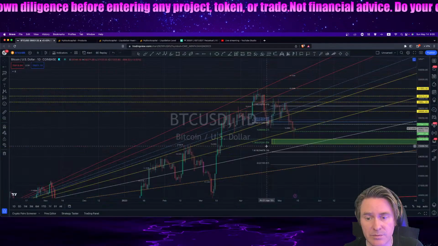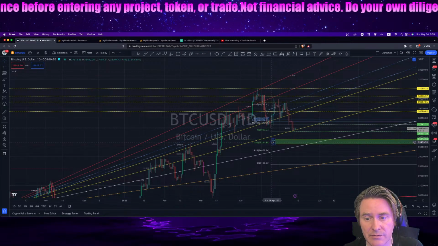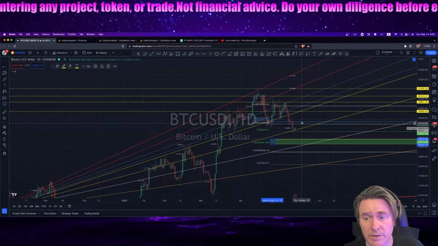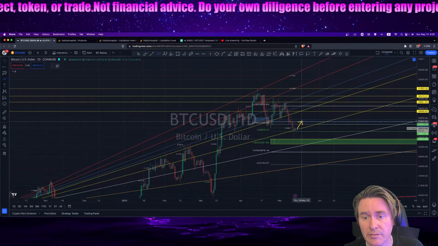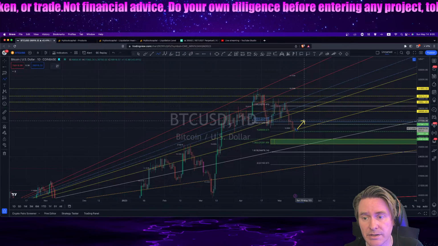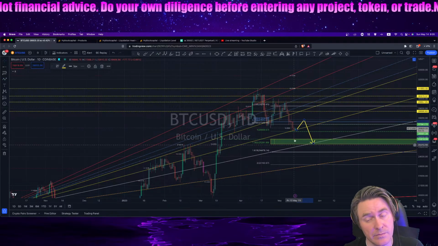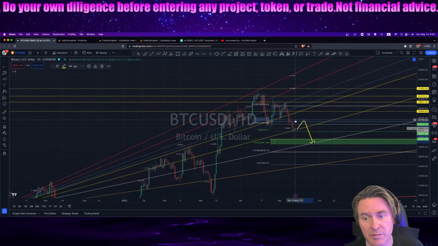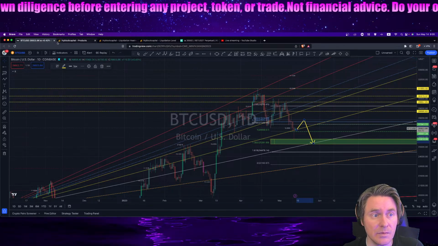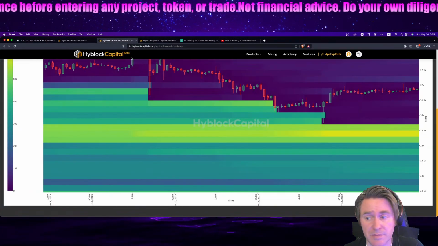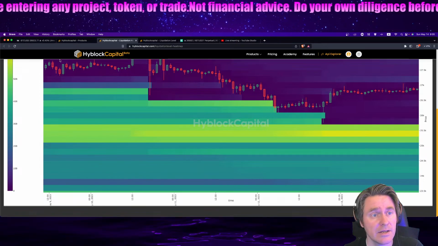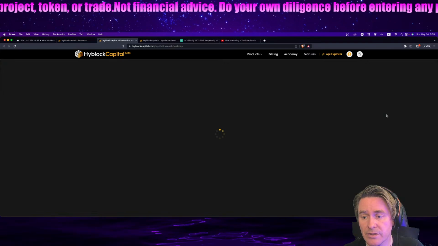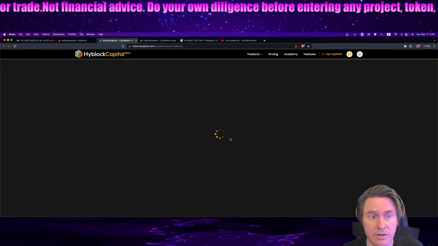So this coincides with that 1382 region of this fib level. So could we come down and stab this in such a manner where we come back and eat some of the liquidity and then come back down here? It could be a possibility. It falls in line with the trend lines that people would be drawing on their charts. And yeah, that could be a possibility on this higher time frame of the 3 month. So whatever bounce we do get, you could be looking at yourself an attack to continue on the long liquidity